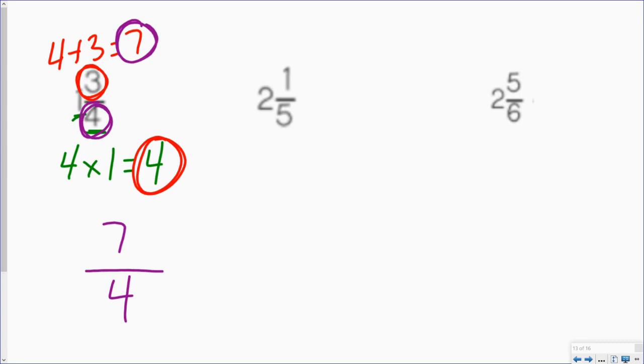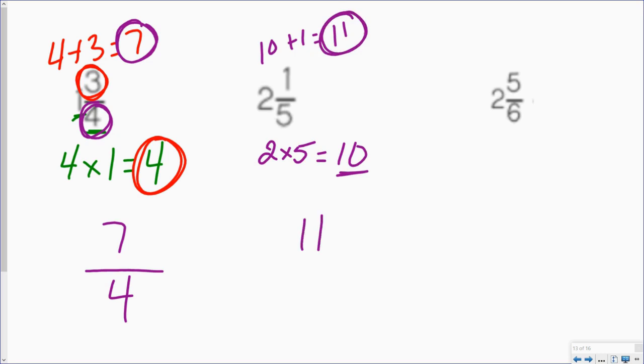7/4. If I do the same thing here, I would take 2 times 5, which would give me 10. Then I would take this 10, add it to 1, which would give me 11. And now this number right here is my new numerator, and this stays my denominator. So it would be